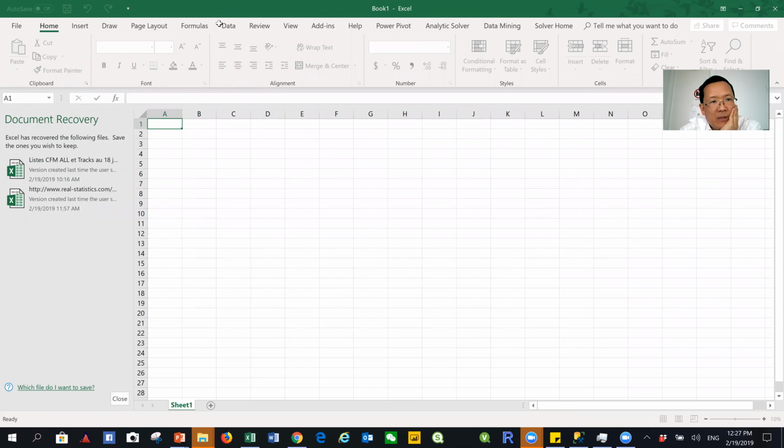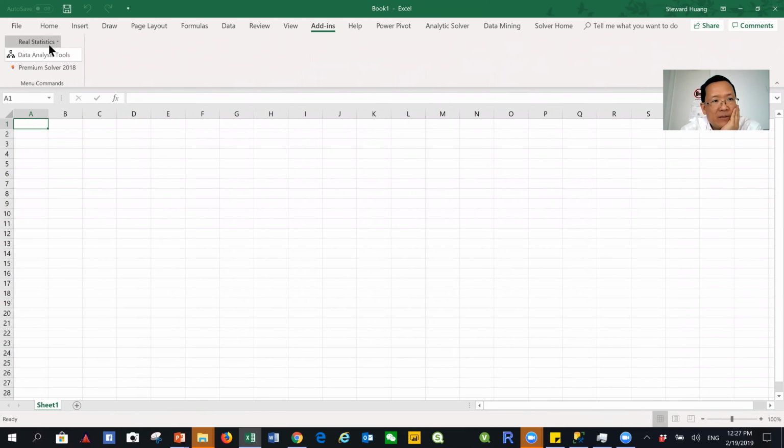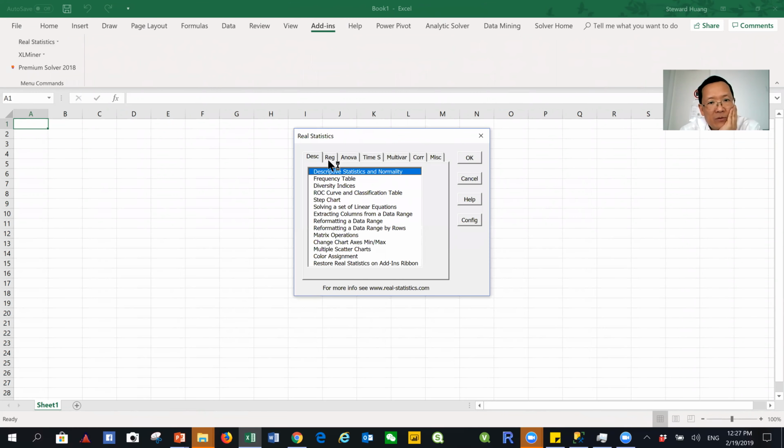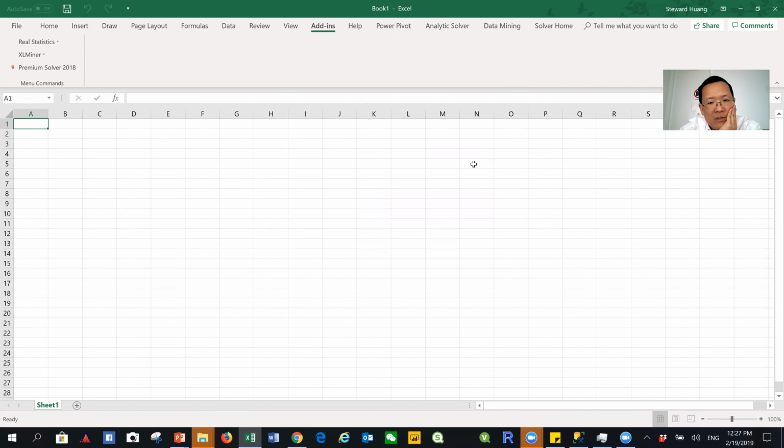Once you install Real Statistics, then you can go to regression and multinomial logistic regression, where you input your data range and declare the number of independent variables, and make sure you say whether you have headings or not, plug in alpha and so forth. You should be able to do the logistic regression for multinomial, or